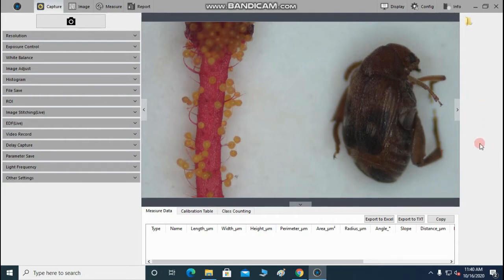The status bar includes 7 modules: capture, image, measure, report, display, configuration and info.